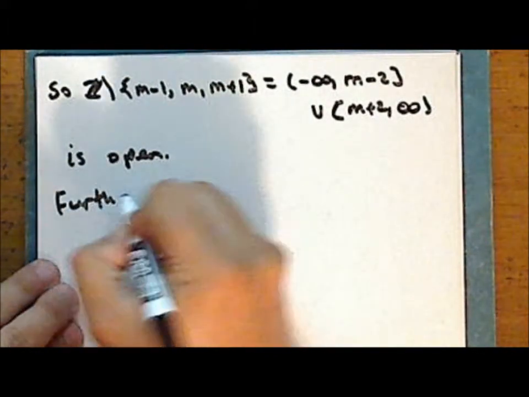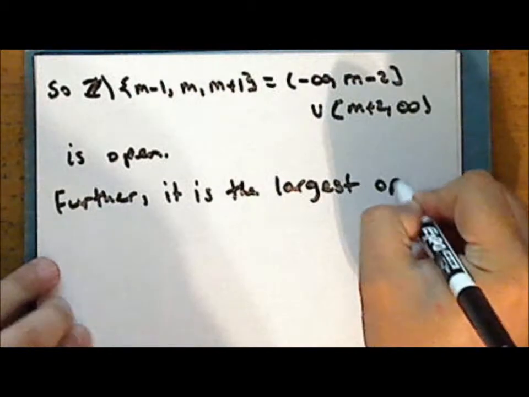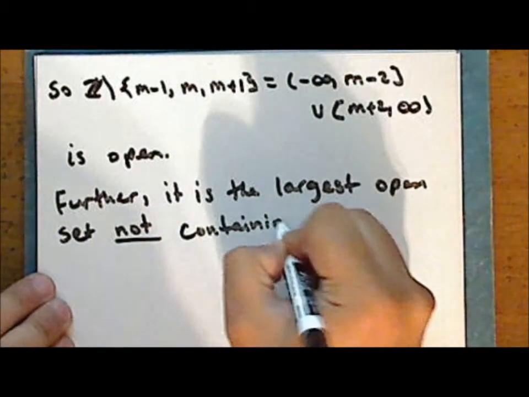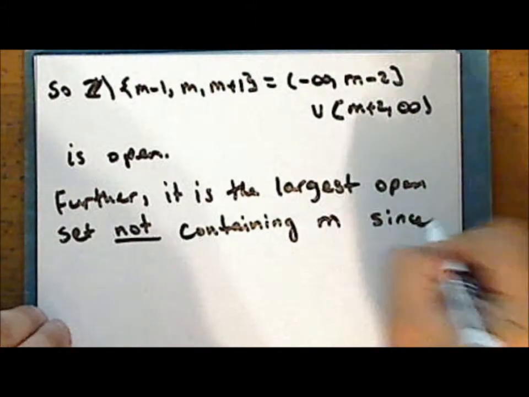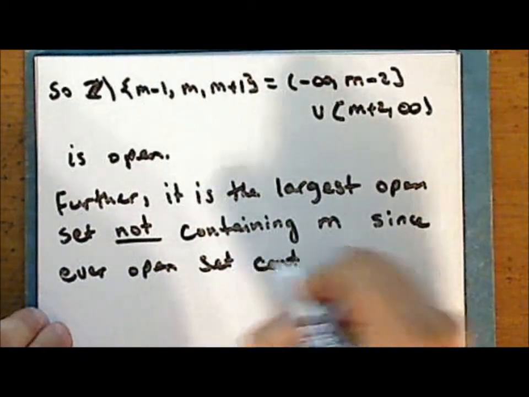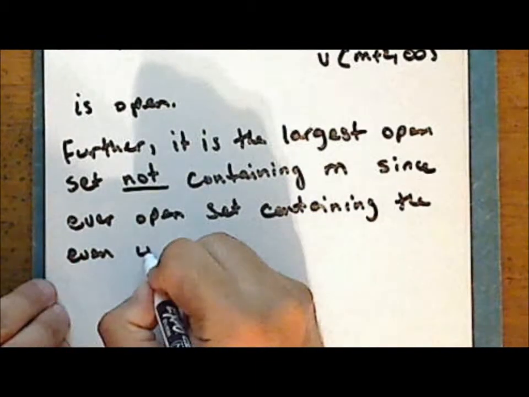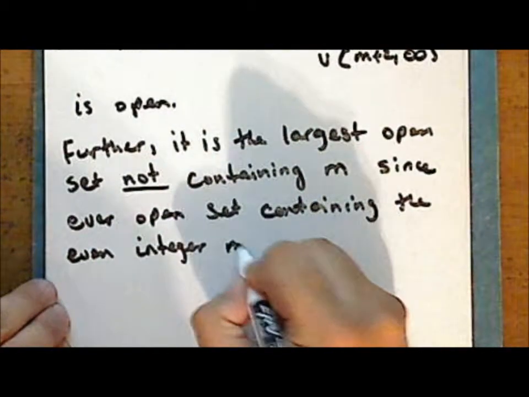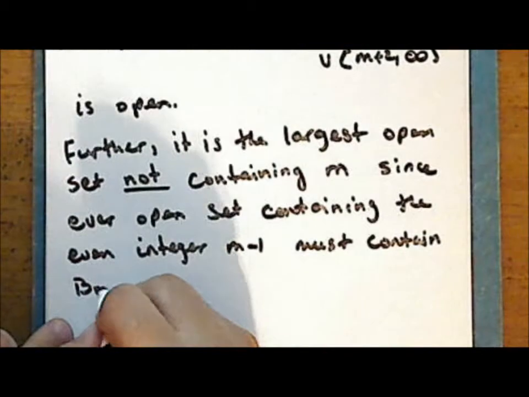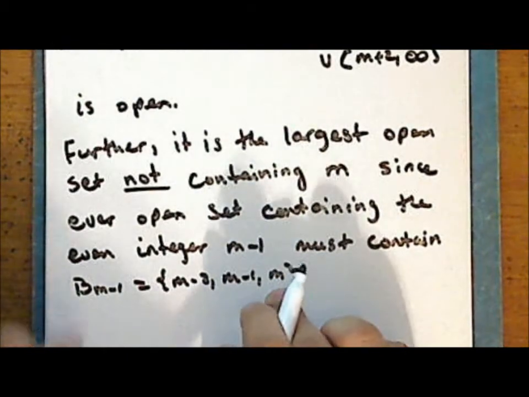Further, it is the largest open set not containing the odd integer m, since every open set containing the even integer m minus 1 must contain the basis element B sub m minus 1, which is a 3-point set, m minus 2, m minus 1, m, which contains m, and